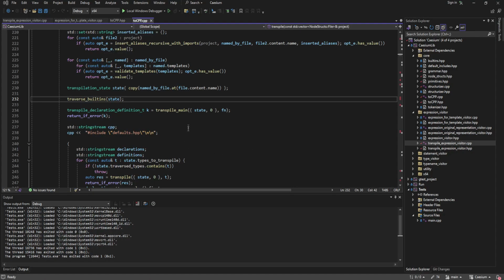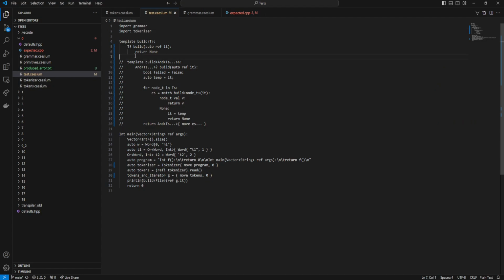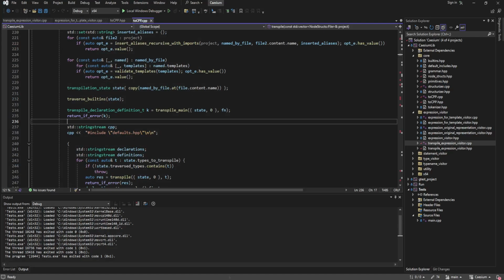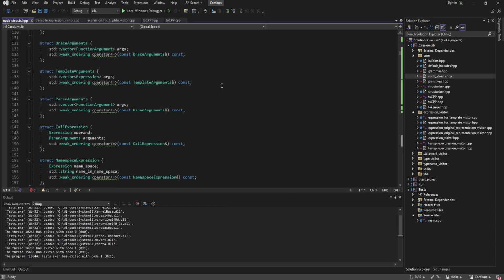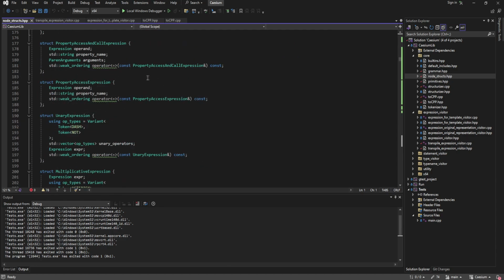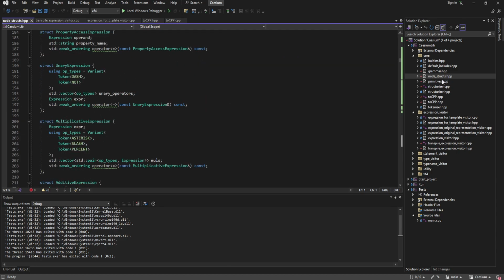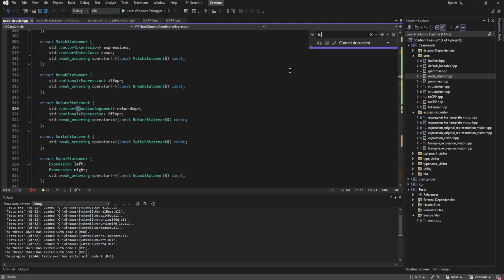In the previous video, I described how the Caesium compiler takes code that you write in Caesium and uses it to produce an intermediate representation, which I called the structurized version. I showed a little bit of the structurized version, what the difference is between the structurized version and the grammar equivalent. Specifically, I was looking at